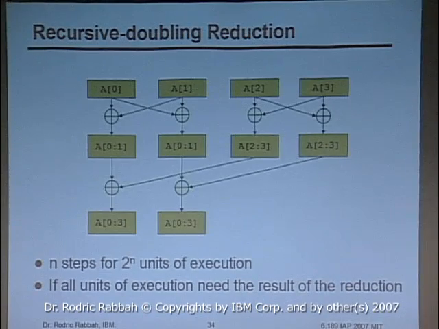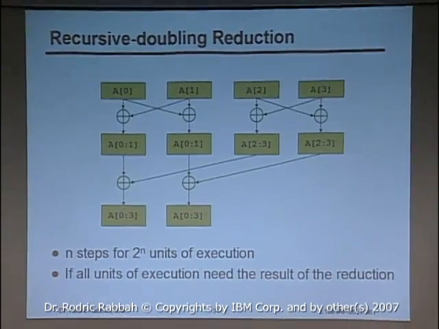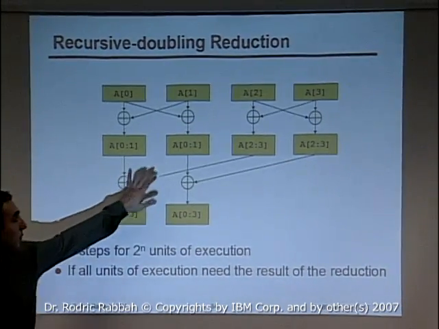there's a better mechanism you can use, a better alternative to the tree-based reduction followed by a broadcast. You can do a recursive doubling reduction. At the end here, every process will have the result of the reduction without having done a broadcast. We can start off as with the tree-based approach and add up